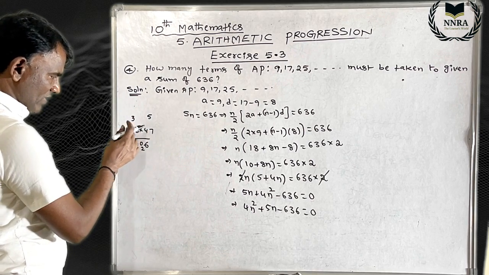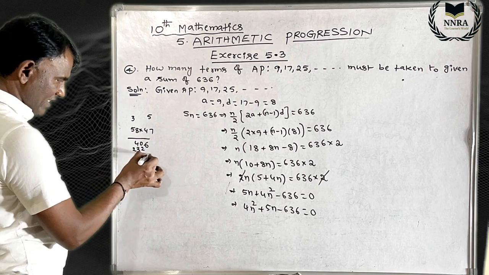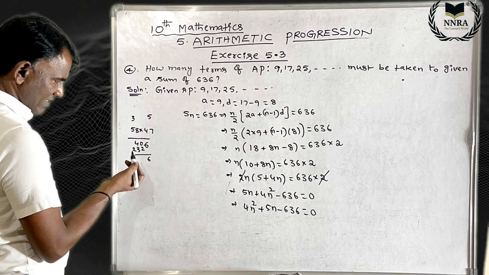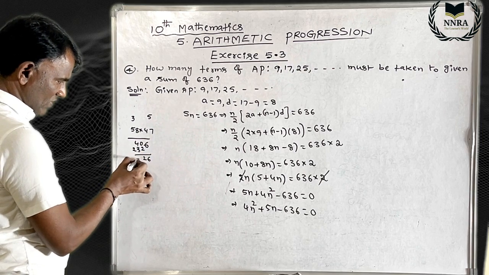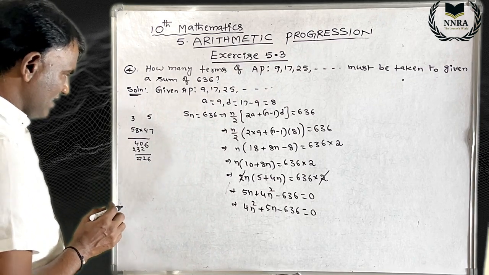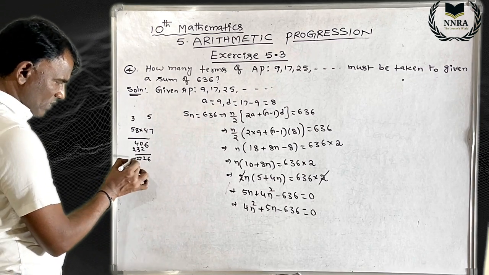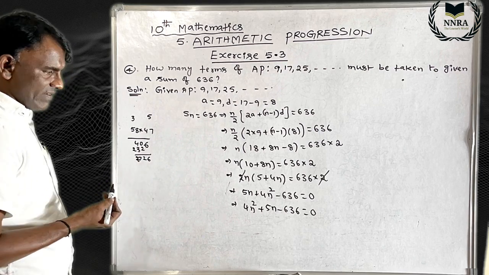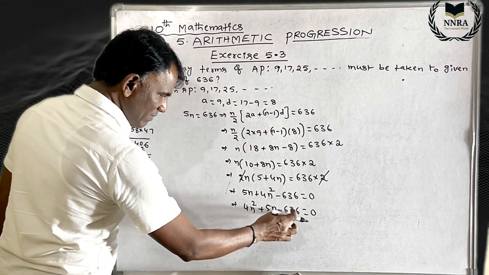Then 4 5 is 20 plus 3 is 23, 6, and it is 2726. Correct? Now 2726 is the value. Suppose if you multiply these two,